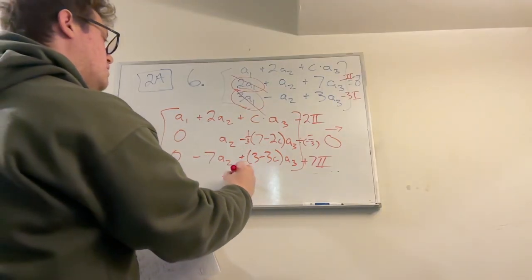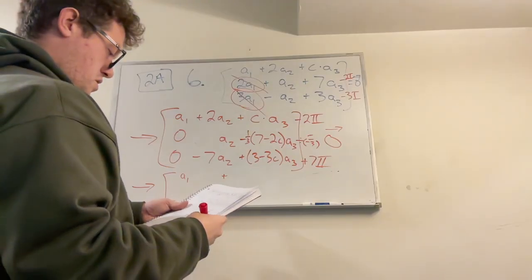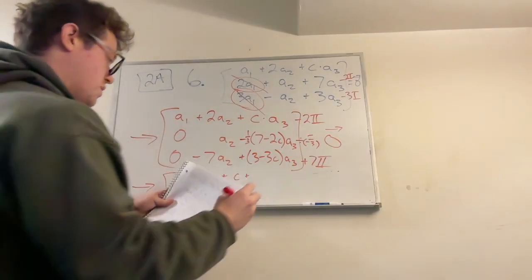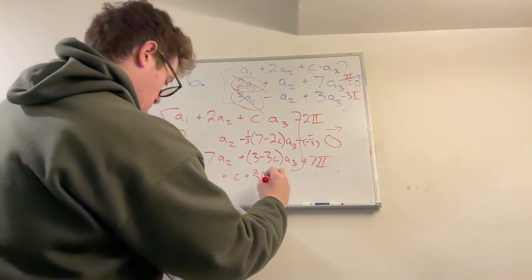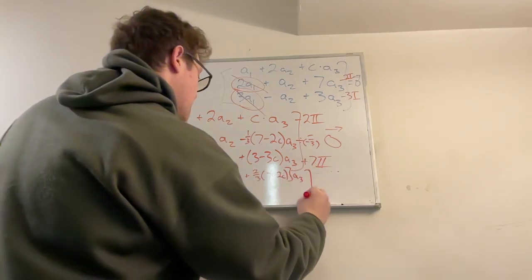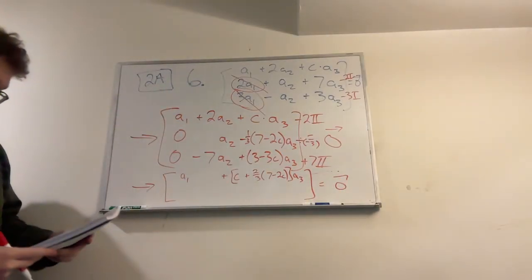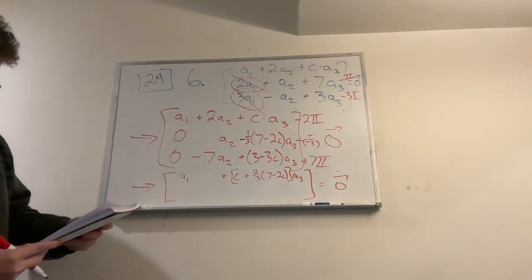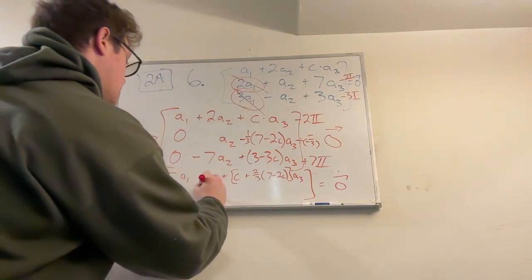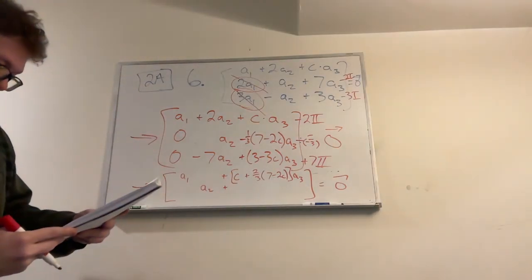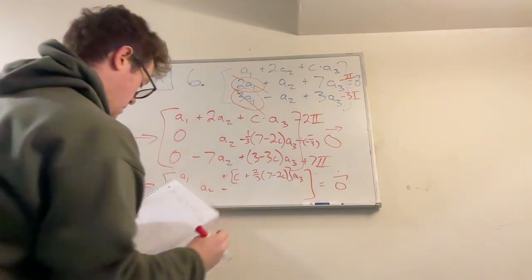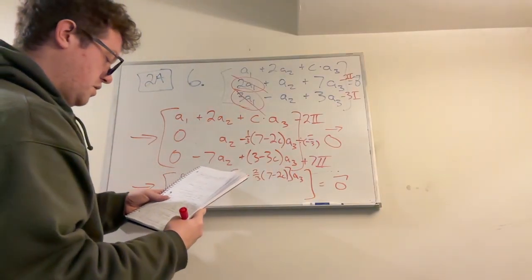So it'll be C, plus 2/3 times 7 minus 2C, all times A3. Then A2 minus 7 minus 2C over 3